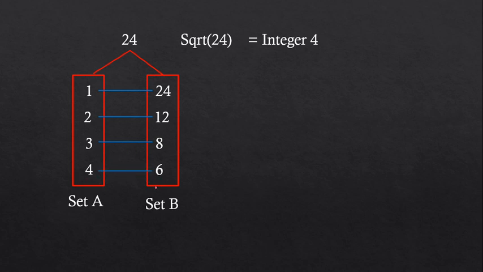So what do you observe? A value of A into B, set A into set B, the product will give you the original number. I hope you all agree with this. Yes, this is a natural rule in maths. When you multiply the two values, your answer will be the original number. So, what can you say?